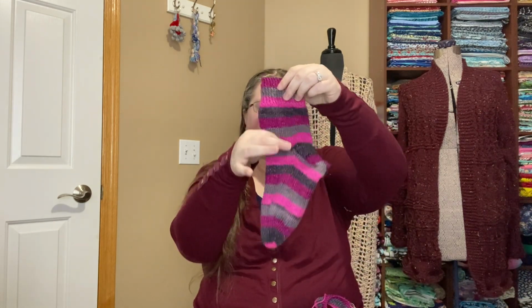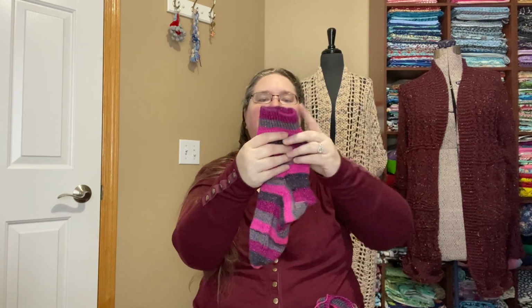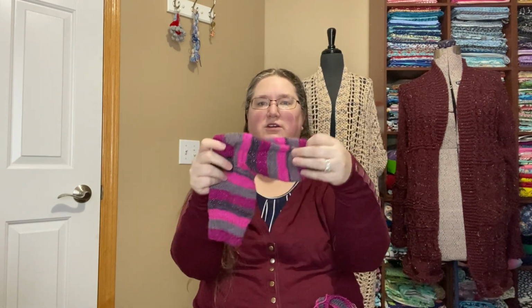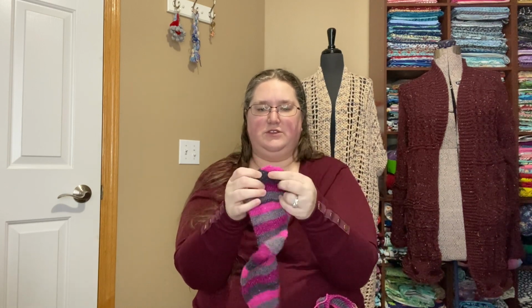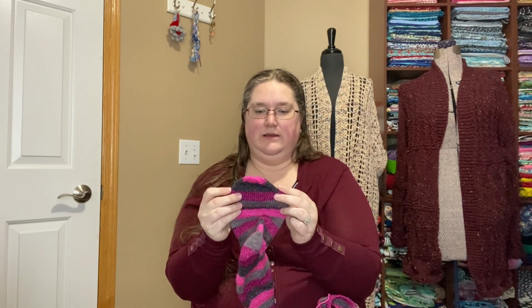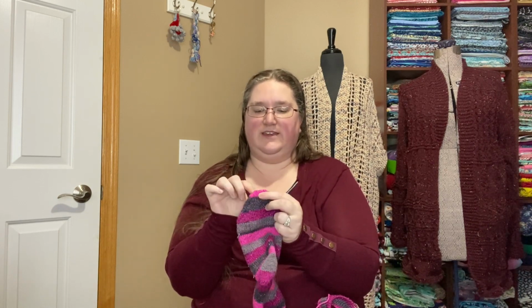So you do the cuff, leg, it's a cuff down. Then the leg portion, then you do the heel flap, turn, then you come back and you do the rest of the foot, and then you do the toe. So I was incorrect. You do a certain toe decrease to a point, and then you continue the toe decrease, and then you do the Kitchener stitch when you have,